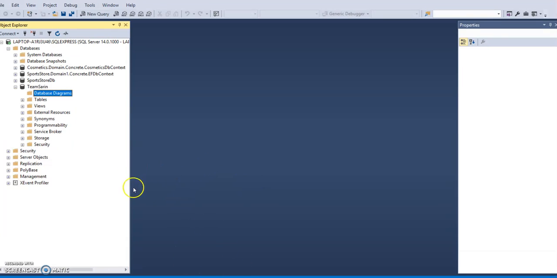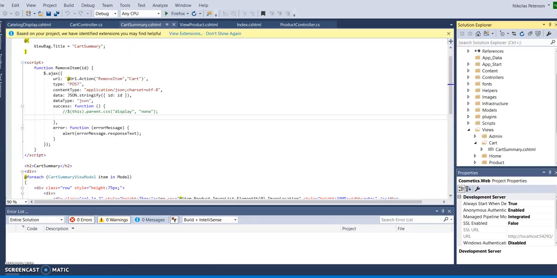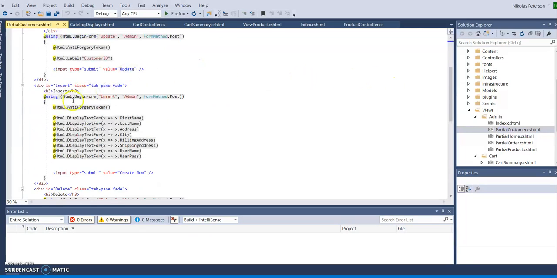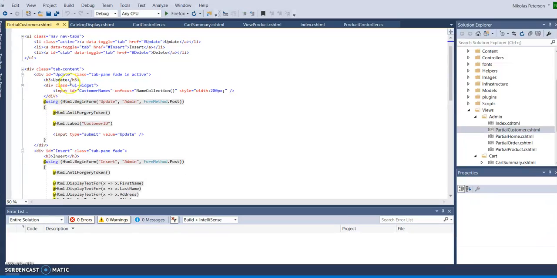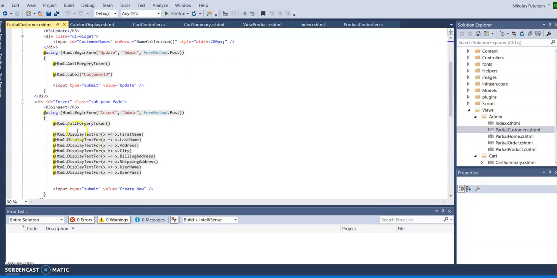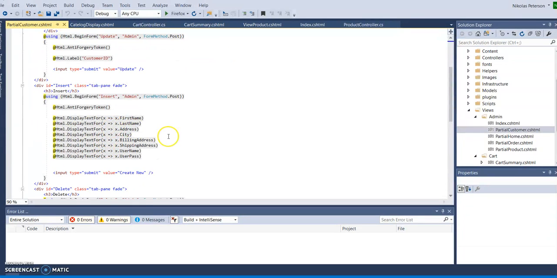I didn't make any real changes to the database. I attempted to do more on the admin side of things, but I was having problems. As you can see, I was trying to do my stuff using forms and using Razor, but